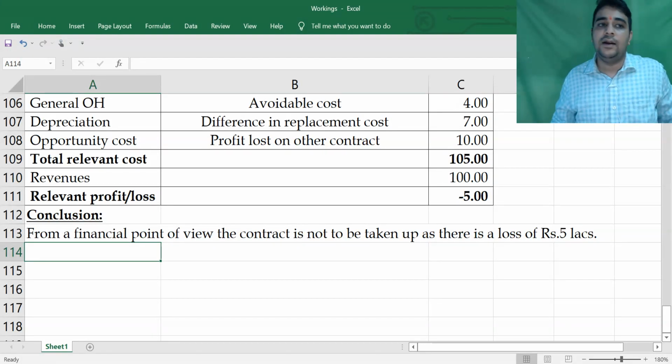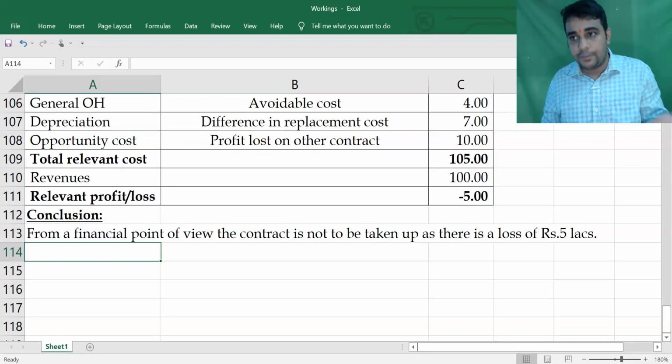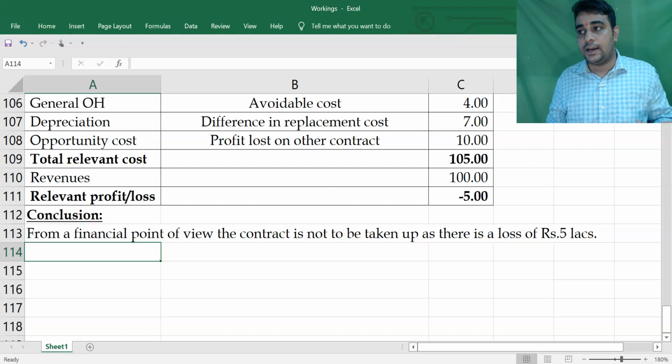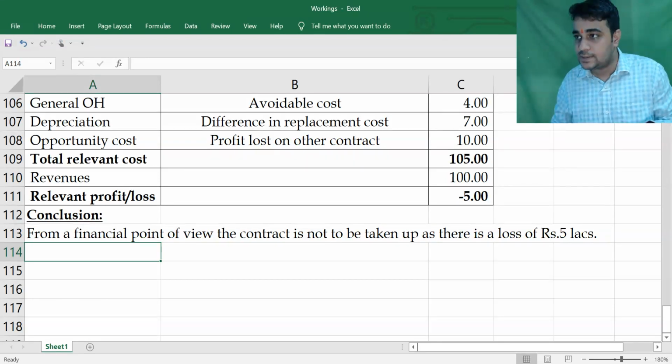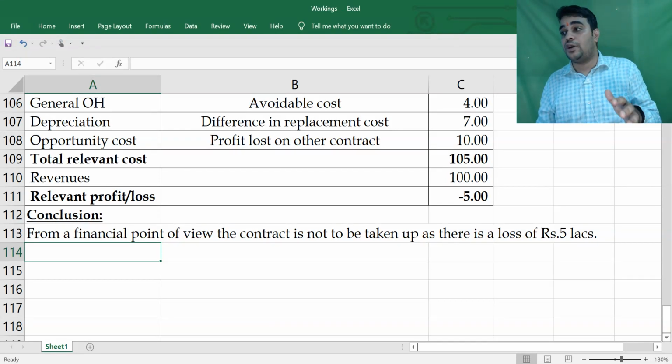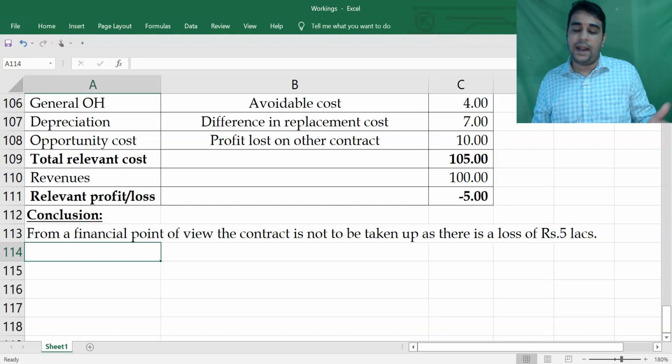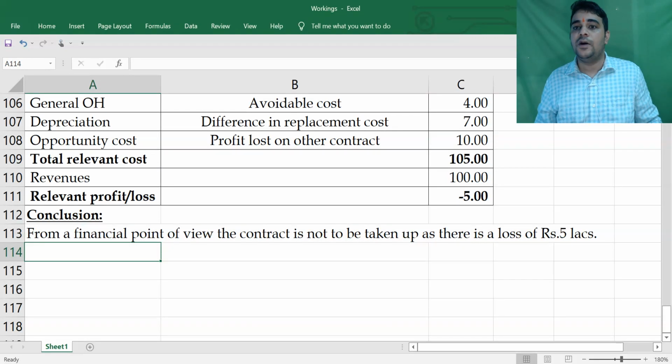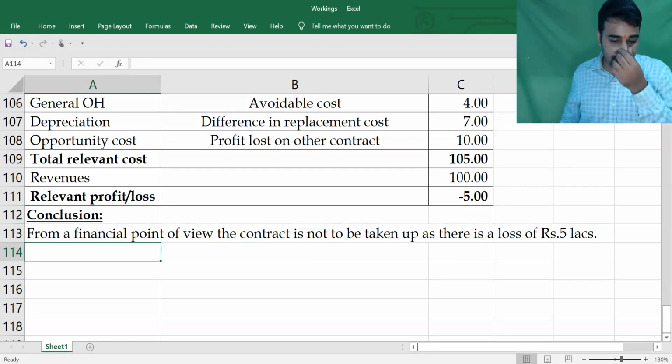Now I'm not telling them whether you take it up or you don't take it up, because it's not in my hand, because I don't know how critical those non-financial factors may be. Possibility of future order, there's a possibility that you may get some 10-20 orders from Ranka Builders and other customer, you may take up this contract, and practically that was what happens. People will take up this contract at a loss because there is a possibility of further orders. From a financial point of view,